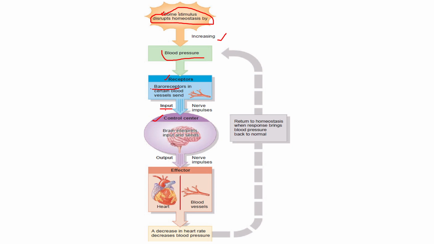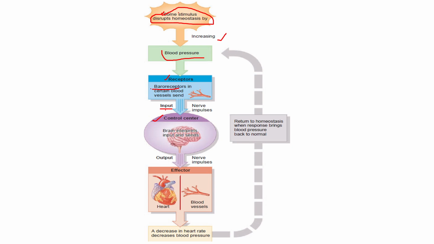Here effectors are the heart and blood vessels. Why are the heart and blood vessels the effectors here? Because we are studying the blood pressure exerted on the walls of the blood vessels and the walls of the heart, right? So the effectors are here the heart and blood vessels. Okay, so